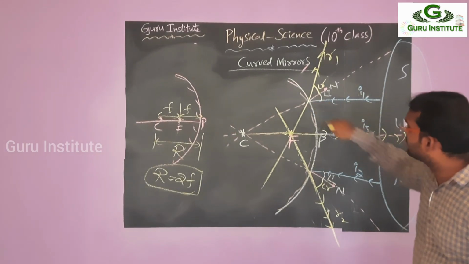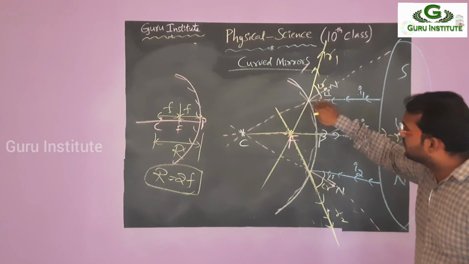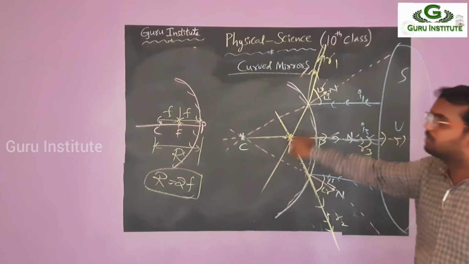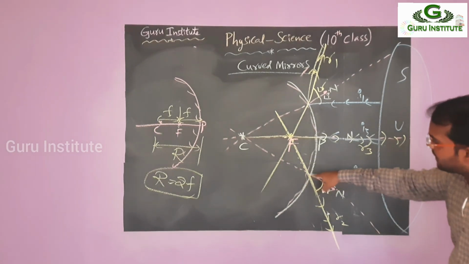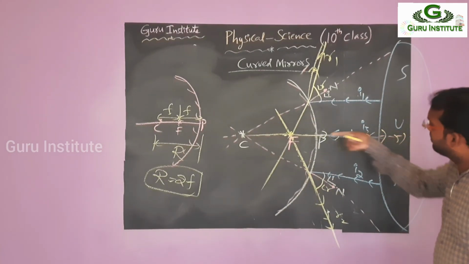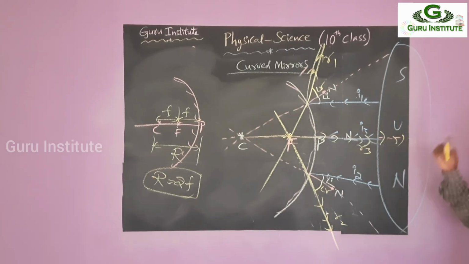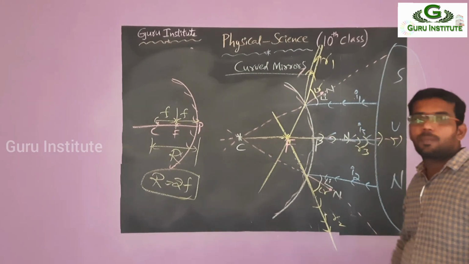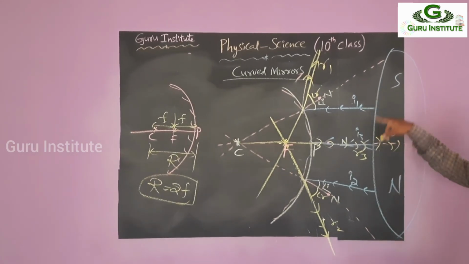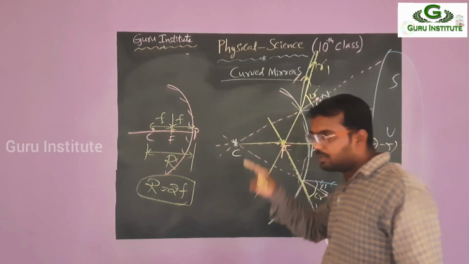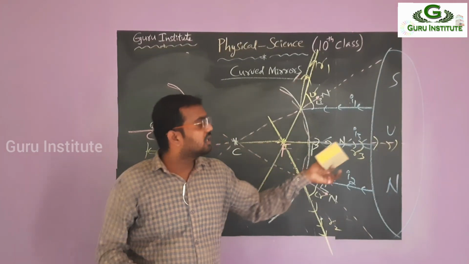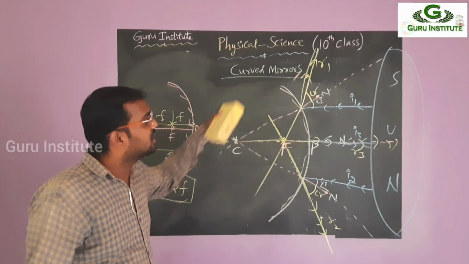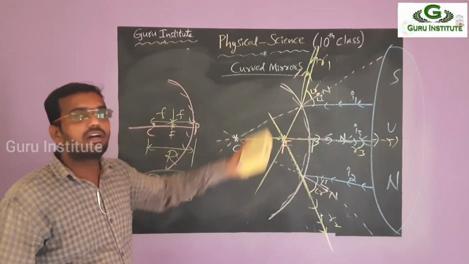From this we can conclude which lines we are taking. We are taking only lines parallel to the principal axis. Parallel lines are falling on the mirror, so that after reflection they appear to pass through the focus. That means they move like this. If you extend that, it passes through the focus. Again here also, parallel to the principal axis, passing through the focus. A ray passing through the principal axis comes right back. Why? Because the angle of incidence is 0, obviously the angle of reflection is also 0. For the remaining, here we are taking only the parallel rays. Not only from the sun do we get crisscross rays and parallel rays, but I am taking only parallel rays. If we take other rays, how will it be? That will be seen in other classes.